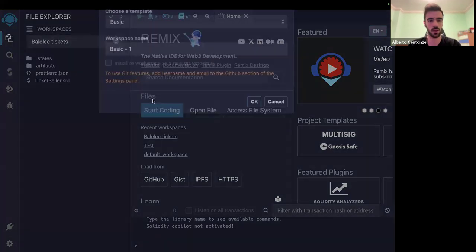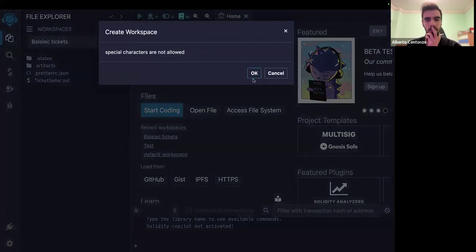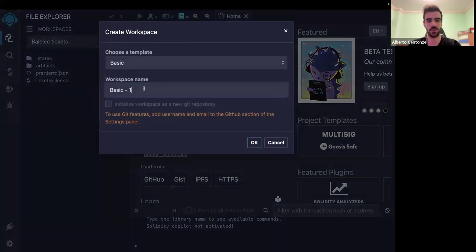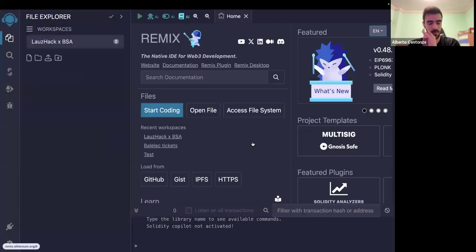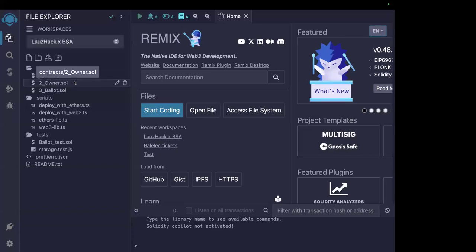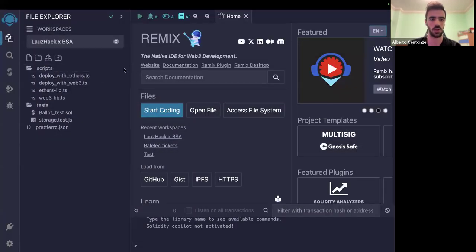Let's do this again. Okay, I think I know what the problem is. Okay, we did it. If you took the default template, you have a bunch of stuff we don't need, so we can safely delete basically everything. I'm doing this with you so that it's easier to follow along.